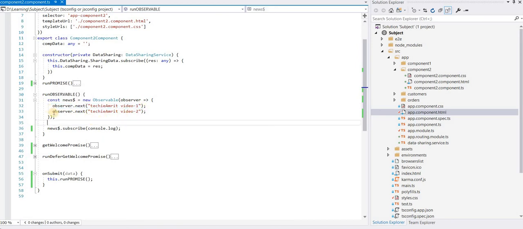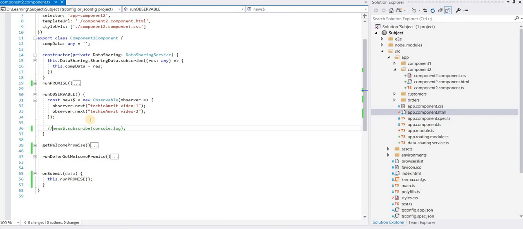One is Techie Amrit video 1, another one is observable.next.2. As I explained, until we subscribe to this observable, it is not going to be executed. That's why they are lazy by nature.